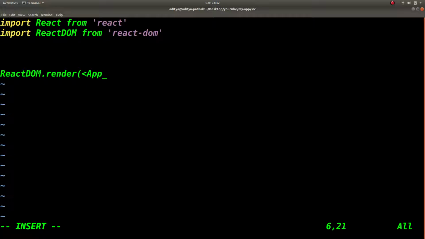It will render the App component, the App function. So we will write the App function later, but how to replace the content of root with App is we can do it this way. Alright, so now we are going to replace the content of the root ID, which is a div, with the App function. So let's write our own App function.